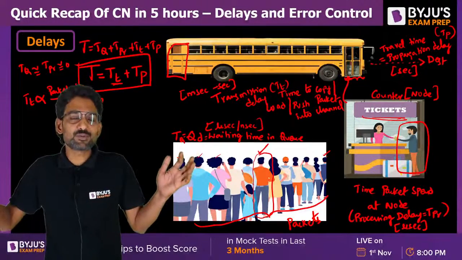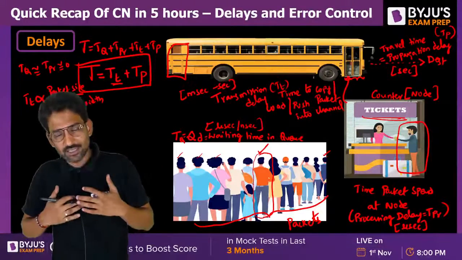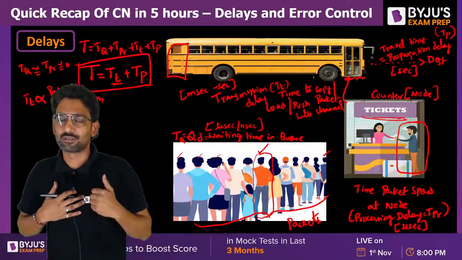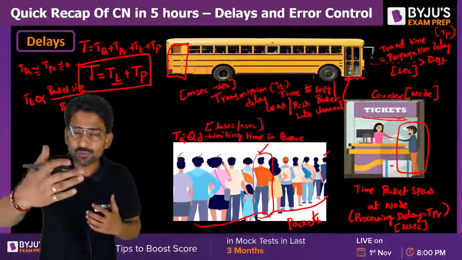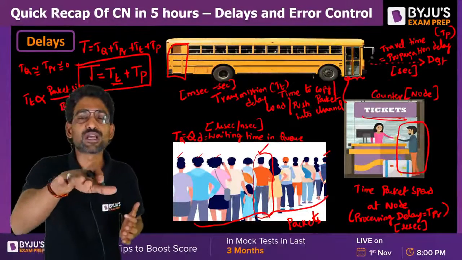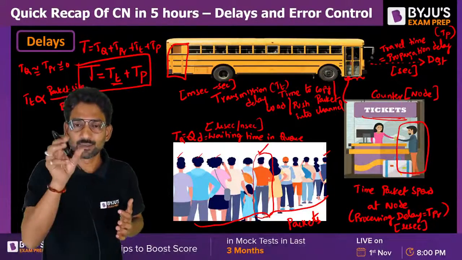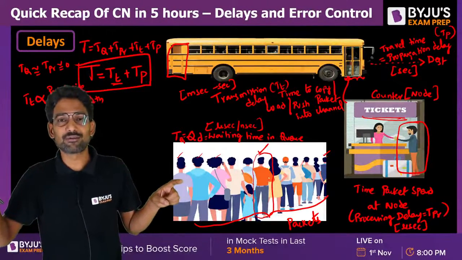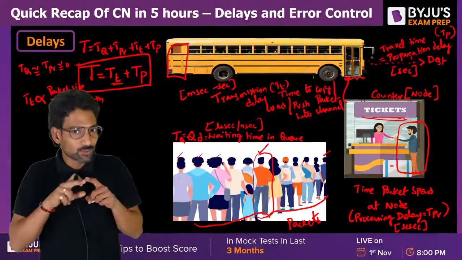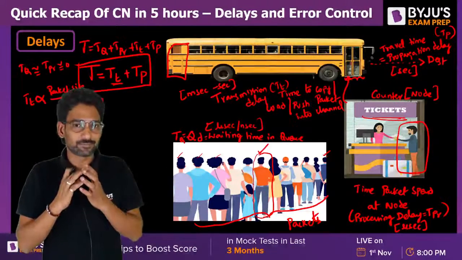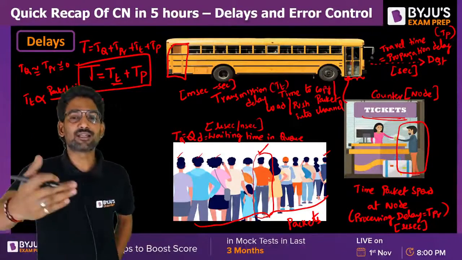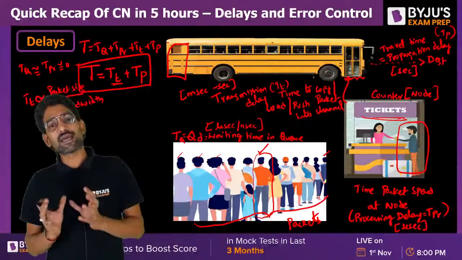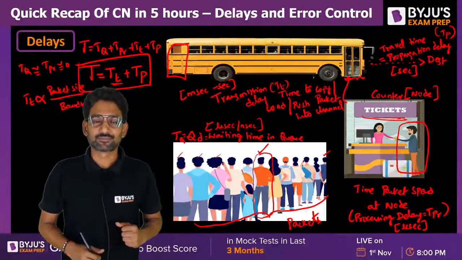Here distance means what? The distance between you and the next node, or sender and the receiver, source and the destination. Here distance means how you people are connected, definitely through channel, right? Here bus is the carrier, road is the channel. Without road you can't travel, no? Without connection you can't communicate. So the medium, the channel, the cable length is the distance. For that the carrier signal is like bus here. Getting the point?